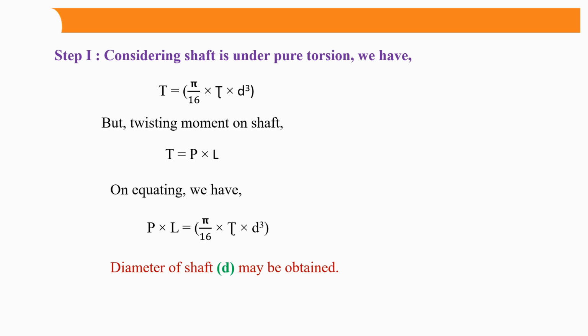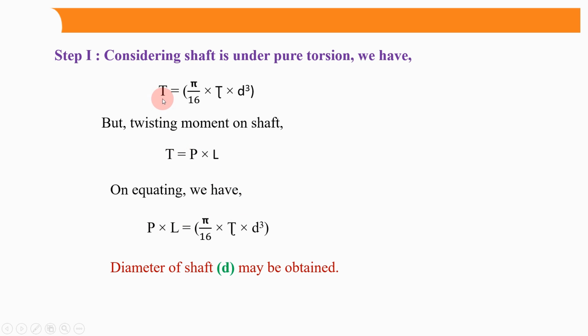Now step number one of designing a hand lever. Considering the shaft under pure torsion, we first need to consider the shaft under pure torsion while designing the hand lever. This is the first step. T is equal to pi by 16 into tau into d cube, where tau is the shear stress. But the twisting moment on the shaft is T is equal to P into L. So on equating, we have